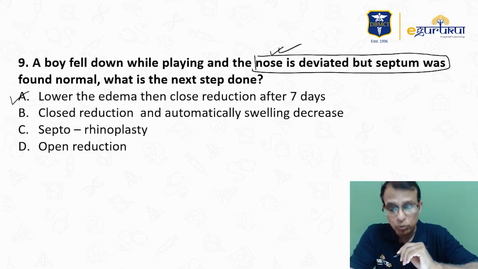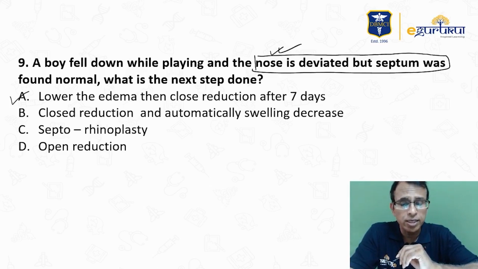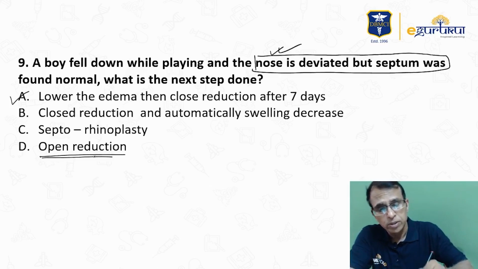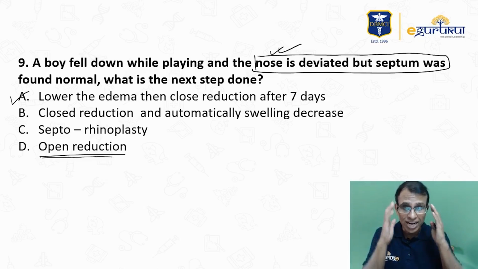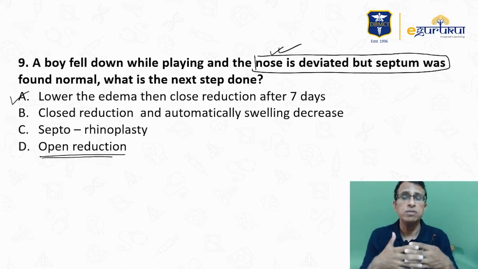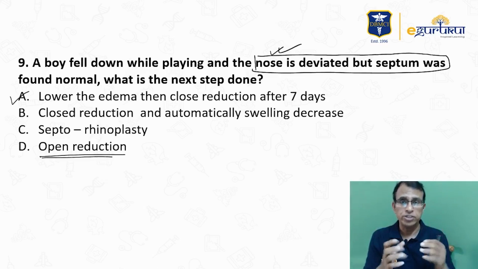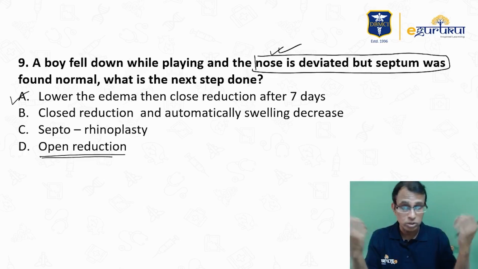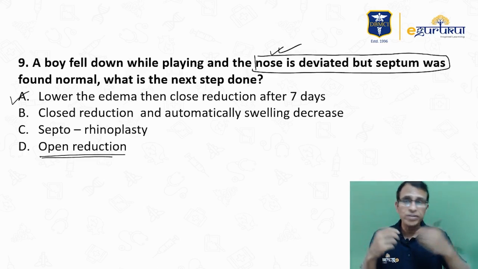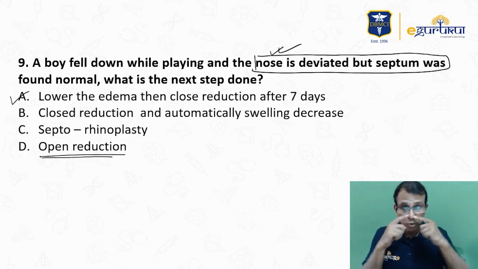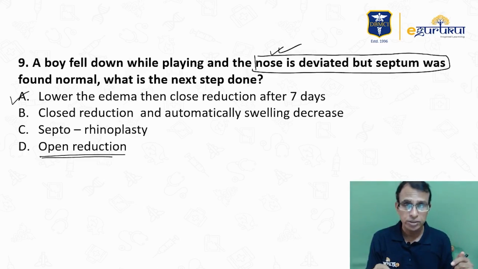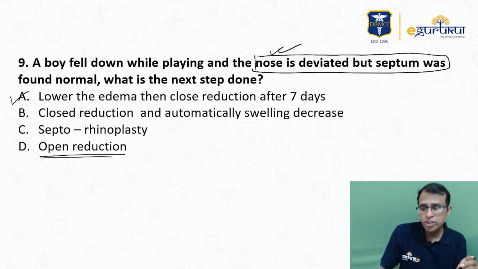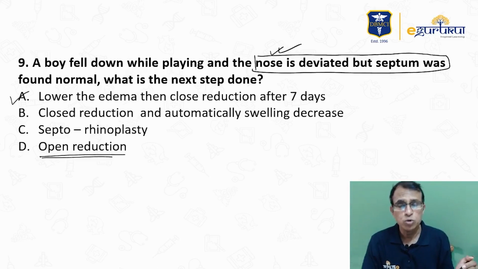Okay. Now what is the meaning of close reduction and open reduction? Open is you cut, remove the tissue, and under direct vision you do the fixation of the bones. You fix the bone under direct vision. That is called open because you open the nose. Close is you don't give any incision. You just push and pull the nose and then align it and then put a cast over it. So that's closed reduction. In the nose, closed reduction is always preferred because in open reduction you have to give